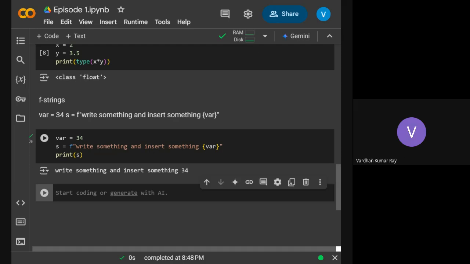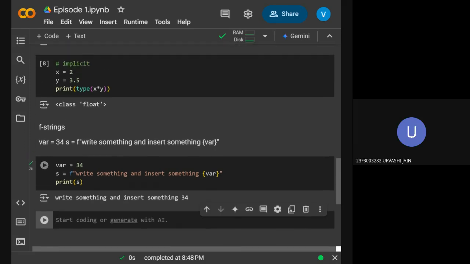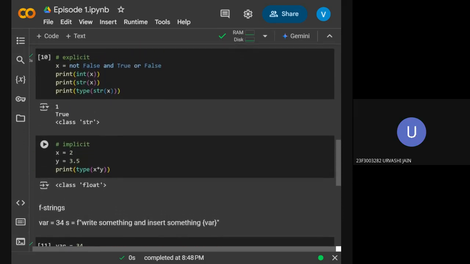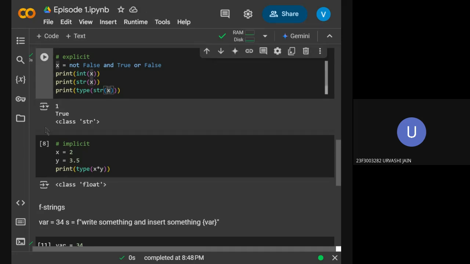Please scroll it up. You want to see implicit and explicit? Actually, here, did you mention it? One for true and zero for false. So in Python, if I write integer of some Boolean value, it's kind of a function you can assume. Int of true is 1 and int of false is 0. That's how Python works.